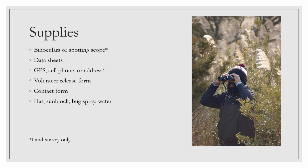If you have binoculars or a spotting scope if you're surveying on land, those can be useful in helping to confirm the identity of terrapins. Using a GPS, cell phone, or an address if you are performing the land-based survey also are helpful in providing the lat-longs of your location. And then the safety measures of wearing hats, sunscreen, bug spray, and drinking water are also helpful to keep you